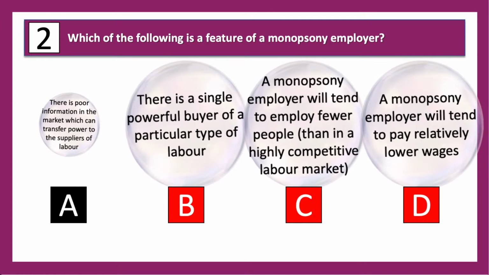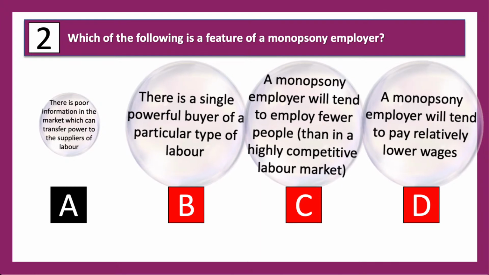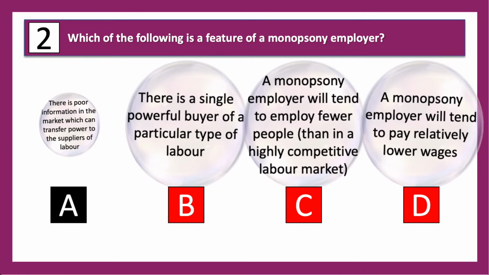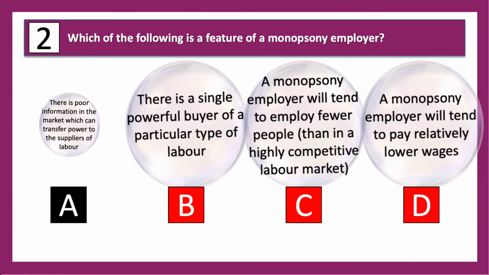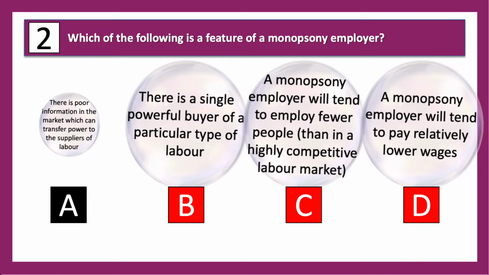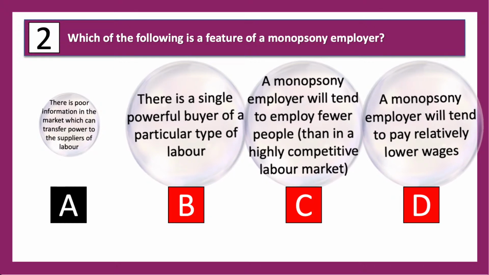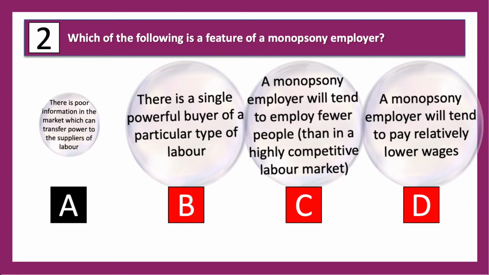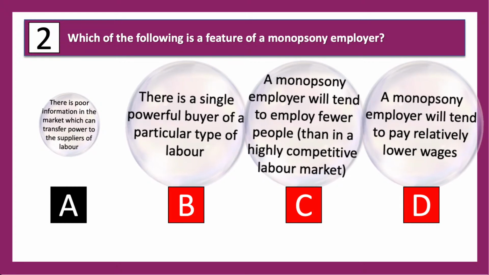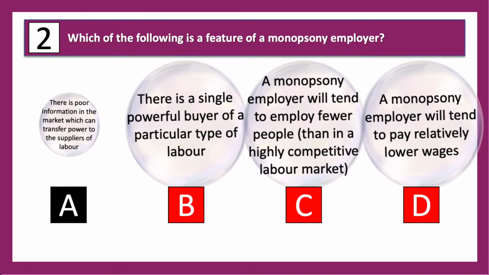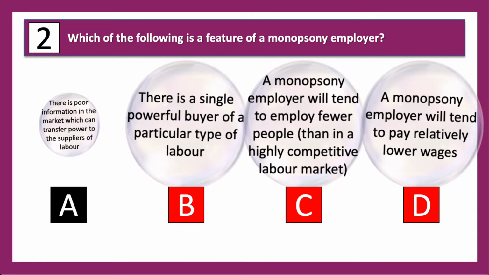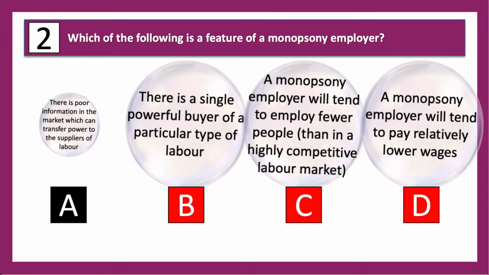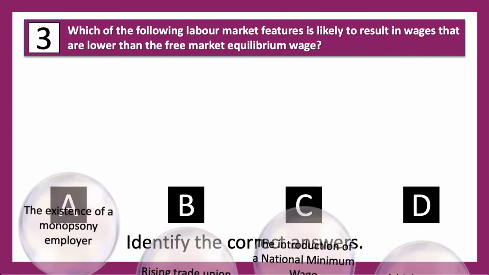Somebody's asking if C is an assertion. Yes, and Arian is asking about C and D both being assumptions. Absolutely right. If you were to write just those statements in your answers with no further explanation, you would get very little credit for that, because they are assumptions, they're making assertions. So you would need to go on and explain what you meant by each of those statements in order to get credit for analysis. Okay, I think we've got one more bubble quiz question coming up for you here.